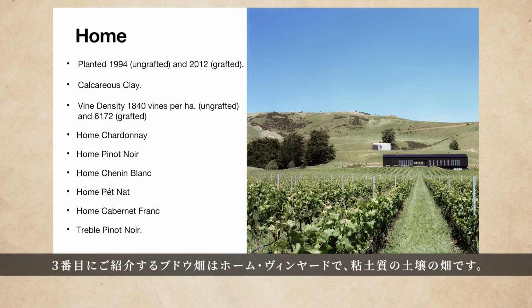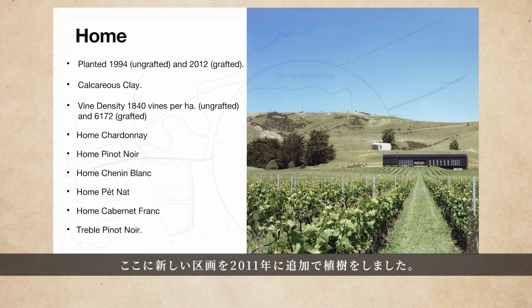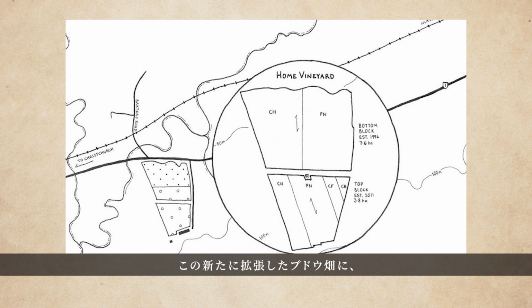The third vineyard that we will try with wine 3 is the home vineyard, which is clay soils. This vineyard has the original 8-hectare vineyard planted in 1994 and a new vineyard we planted in 2011. In the new vineyard, we decided to plant more Chardonnay, more Pinot Noir, and also some Chenin Blanc and Cabernet